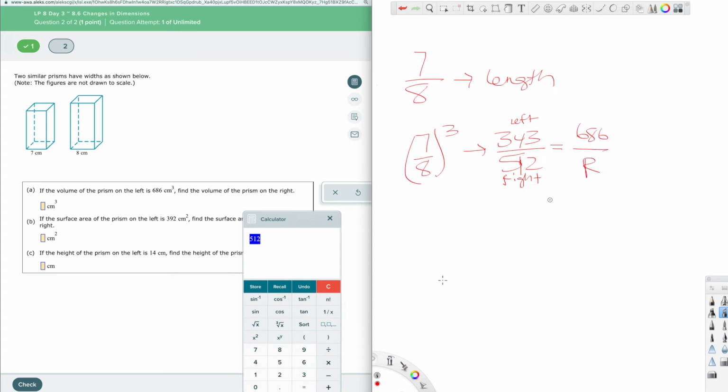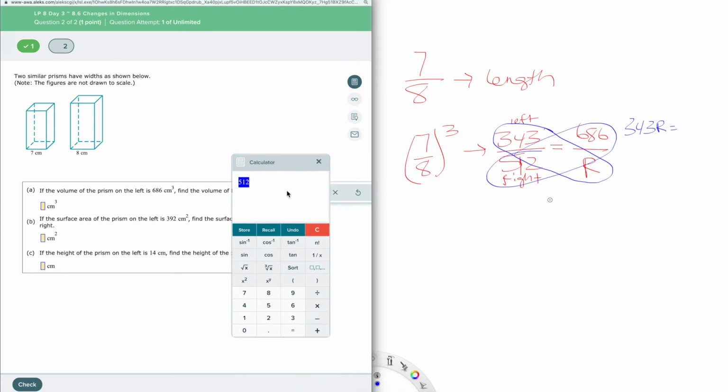So I'm just going to use R. You can use any variable you would like. Once I have a proportion set up, and we've done this a few times over the last couple weeks, we're going to do cross multiplication. So we have 343 times R, so 343R equals 512 times 686 equals